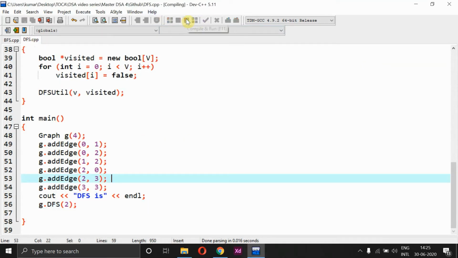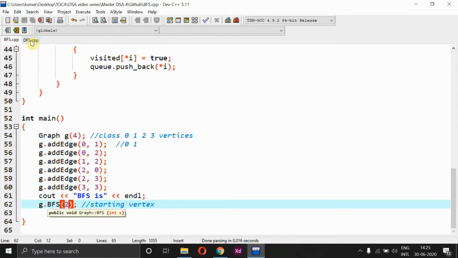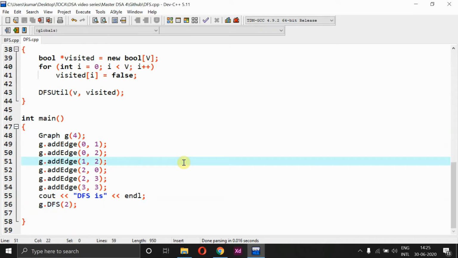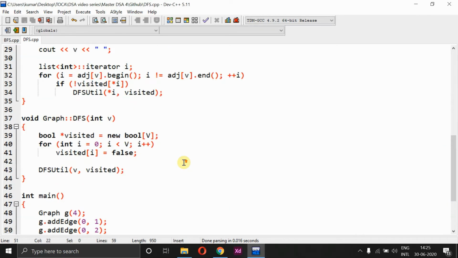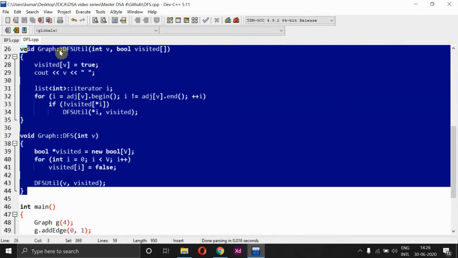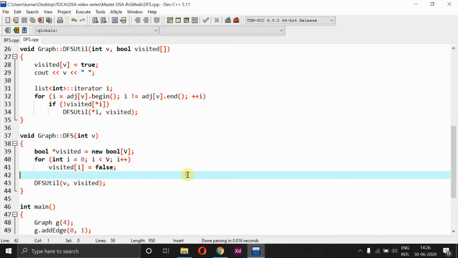So this is how BFS as well as DFS works, and the entire set of input is the same, right? I have given the graph with 4 vertices, the same way BFS is also given with 4, and the edges are also the same. There is no such difference in the edges of BFS and DFS. Everything is almost the same. Even the starting point I have mentioned. So both work in their own way, and provide us the output. The only thing you have to remember here is these two parts, from line number 26 till 44, just around 20 lines of code. If you remember this, then it's going to be very easy for you to write any algorithm that is based on BFS as well as DFS.